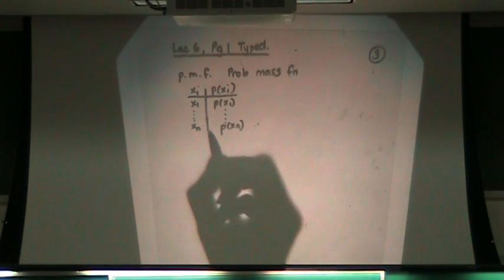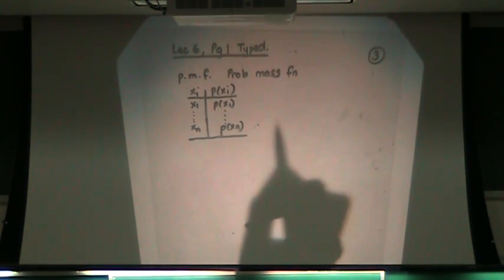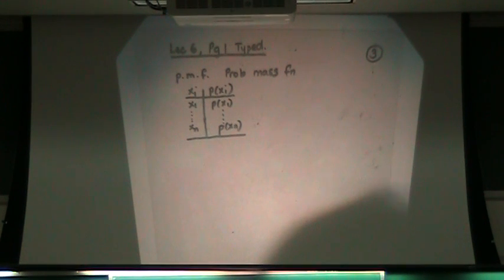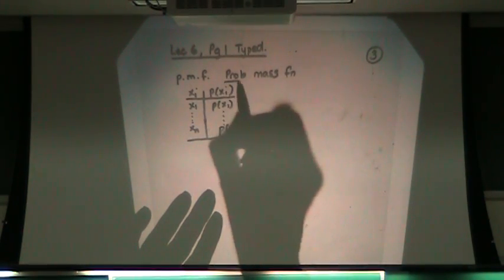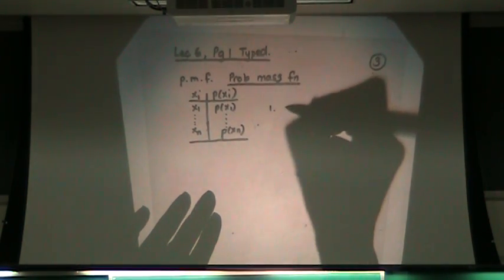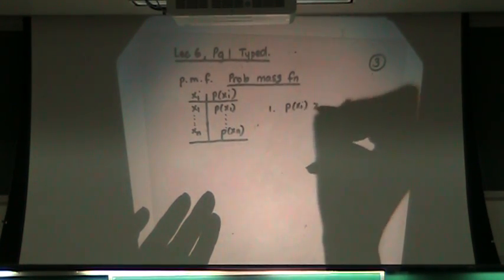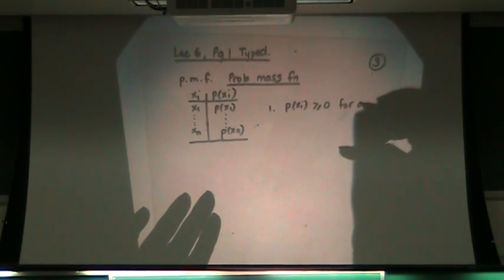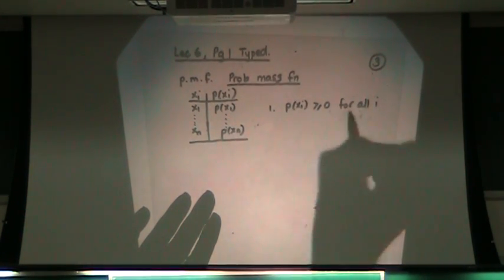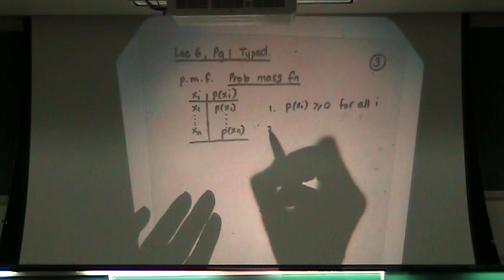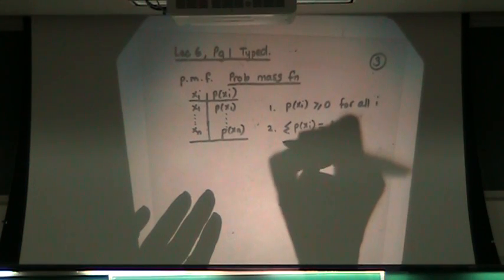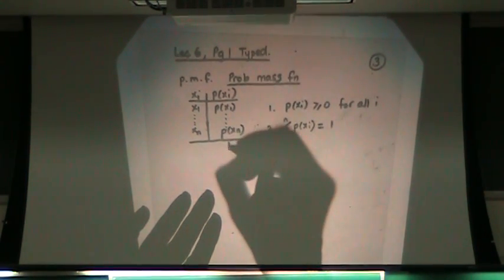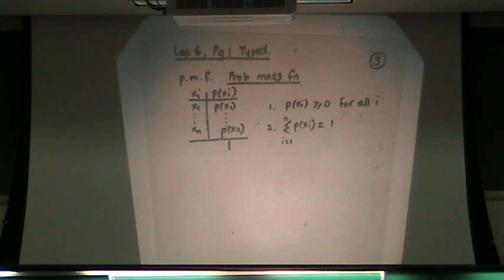And just to reiterate, there are two rules that must hold. It says so right here in the middle of the first paragraph. The two rules that must hold for probability mass functions are the following. One, P of x_i has to be greater than or equal to 0 for all i. That means all the probabilities must be non-negative. And secondly, the summation of P of x_i has to be 1 for i going from 1 to n. That means this total has to be 100%. We know that already. We use those rules for binomial, right?